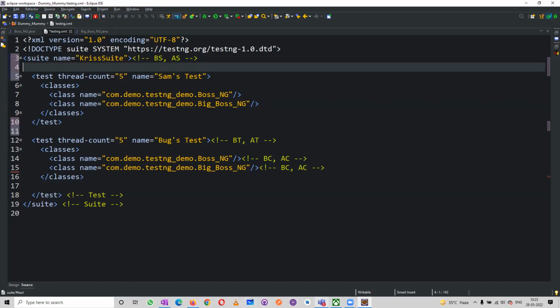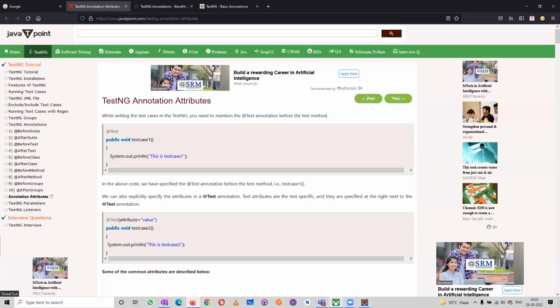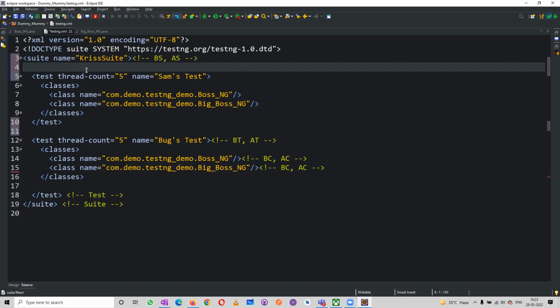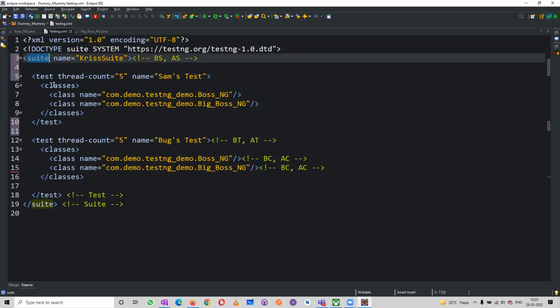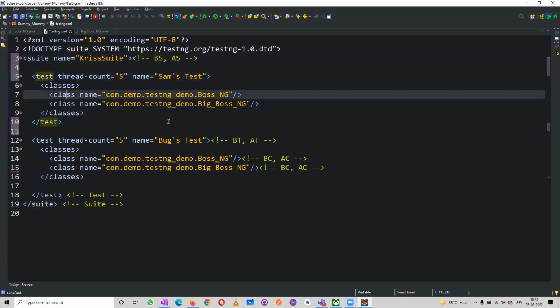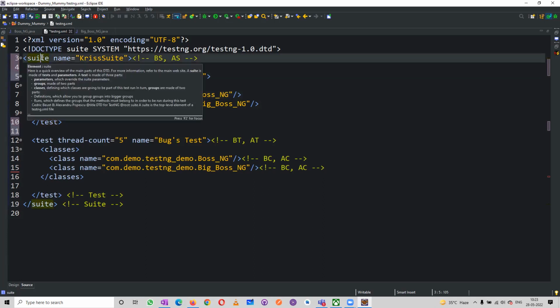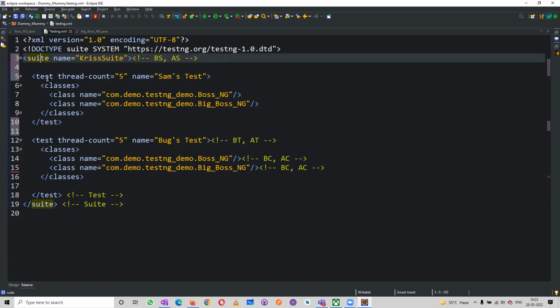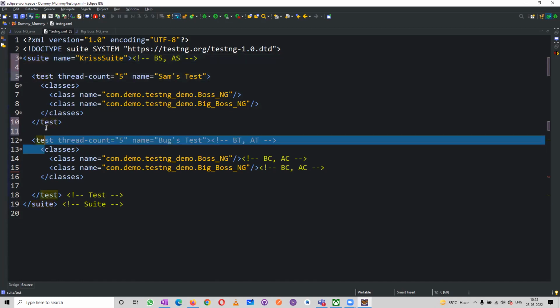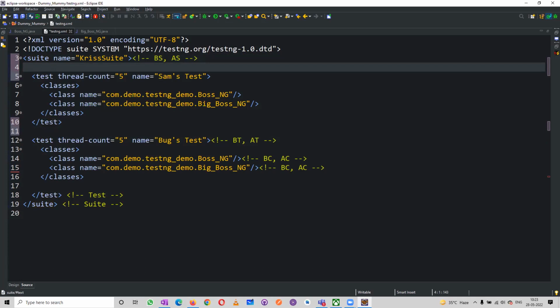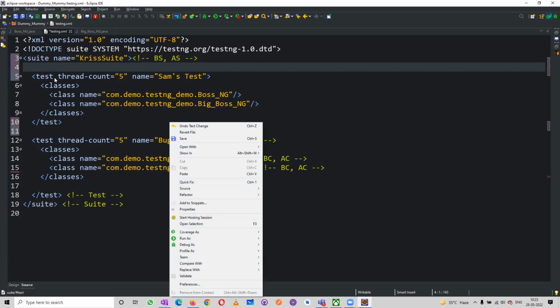So it is very simple if you understand this one. There is no complexity at all. You understand this hierarchy, boss. Suite consists of multiple tests. A test consists of multiple classes. A class consists of multiple things. Now, if I execute the before suite and after suite, the before suite will be executed at this level. It will execute only once before and once after the execution. Tests will have multiple tests, meaning it will execute at the multiple test level. First I'll try to execute this once, and then I'll show the before suite and after suite implementation. Now, if I execute this,